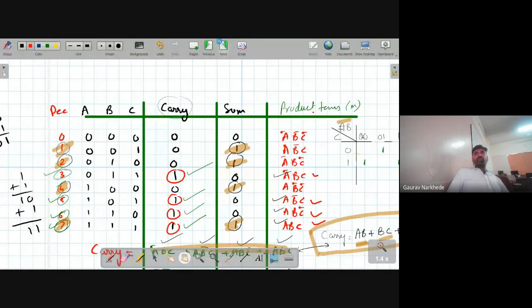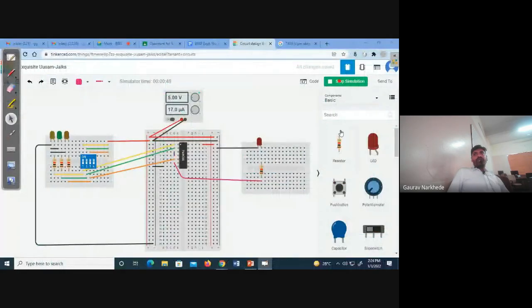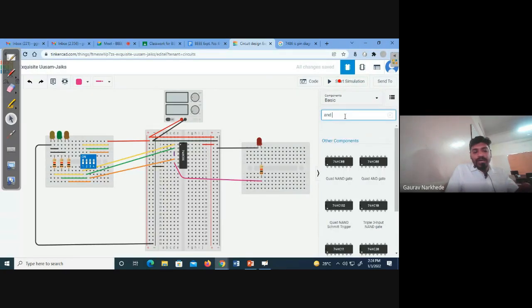Now we will go towards implementation of carry. So for carry, what we want AB, BC, AC means what AND gate we want, right? So if we want AND gate, I will just stop simulation and I will just see AND gate IC. So IC for AND gate is your 7408. So I will take this IC and I will just rotate it